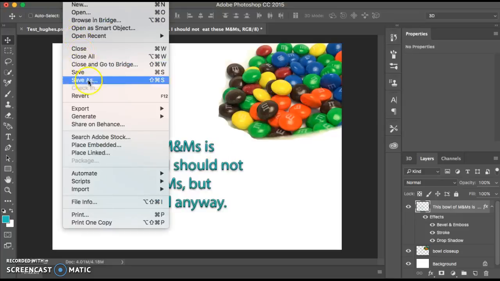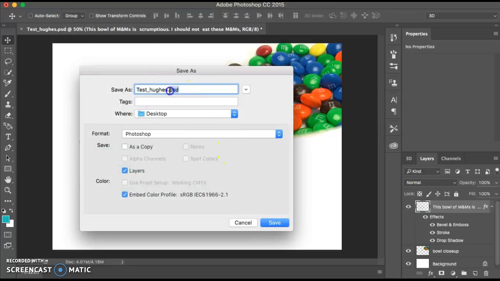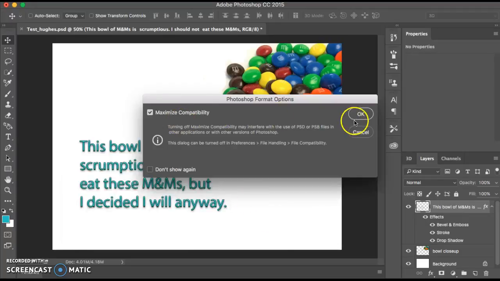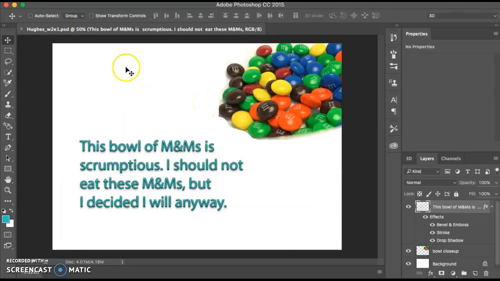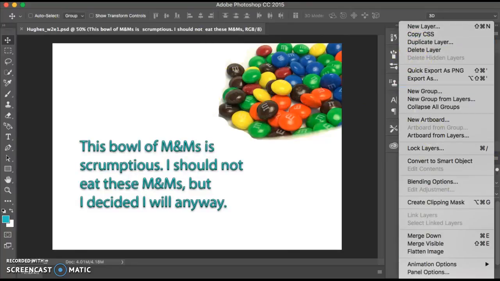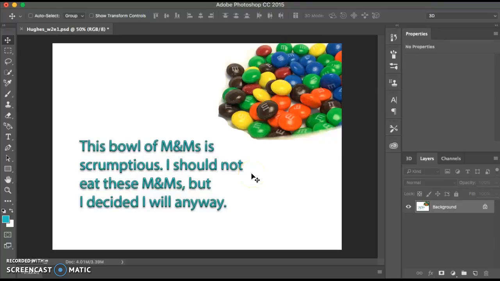So File, Save As. Again, the layered file is always PSD. I'm going to change the name to my last name _E1, and it's going to be for week 2. So W2E1, and that's PSD. That's a layered file. Save it under desktop, wherever you know best to save your images, and then go ahead and flatten it. Over in the layers panel, you go ahead and do a flatten image,